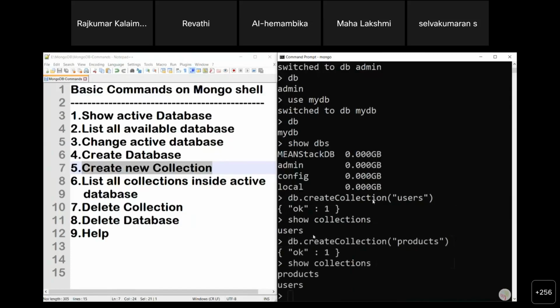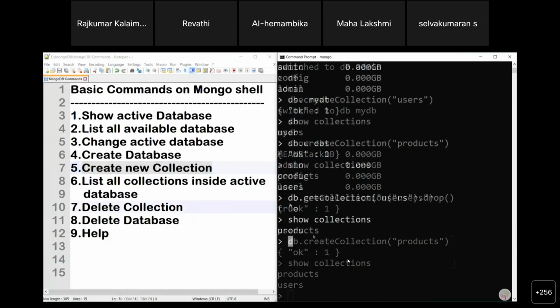And again, I'm creating a collection called products. And now if I type show collections, I can see all the various collections which are available inside the MyDB. You got it, right? Then